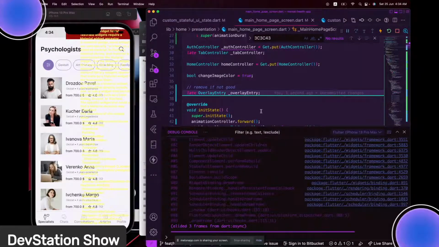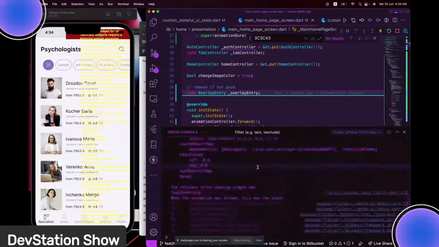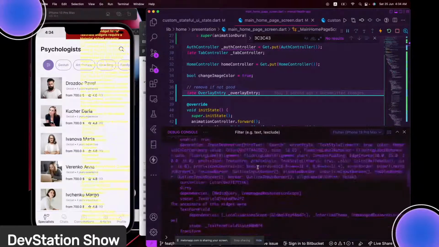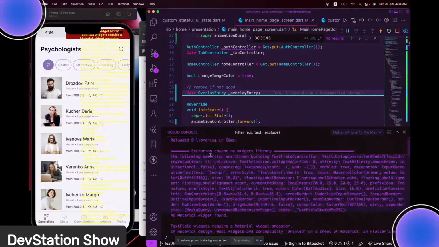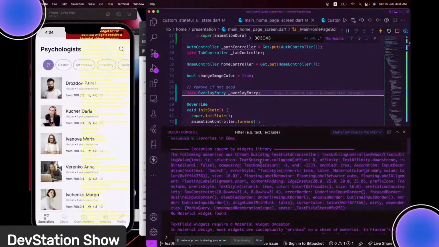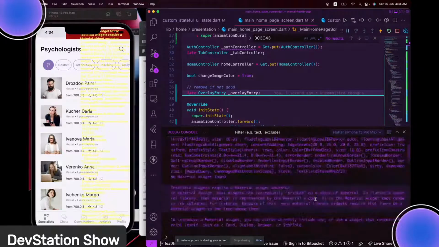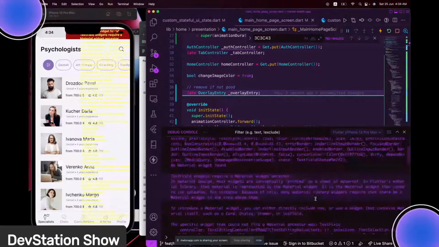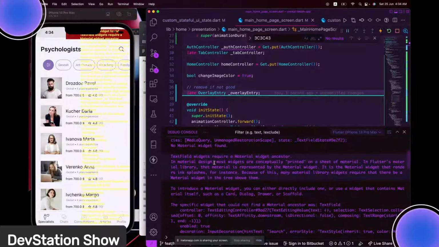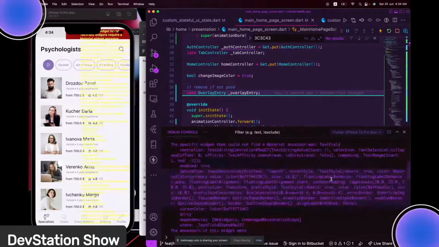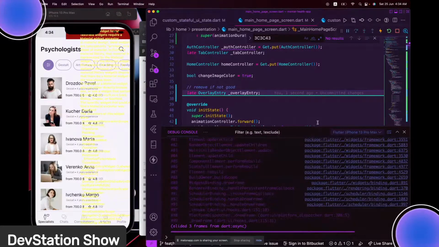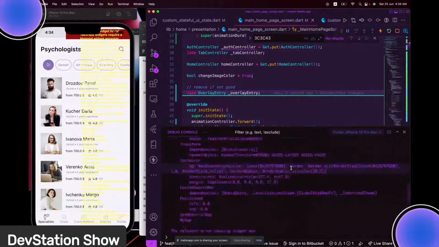Let's overlay entry. What do we have here? Okay, basically, it's saying it could not find a material with it, and